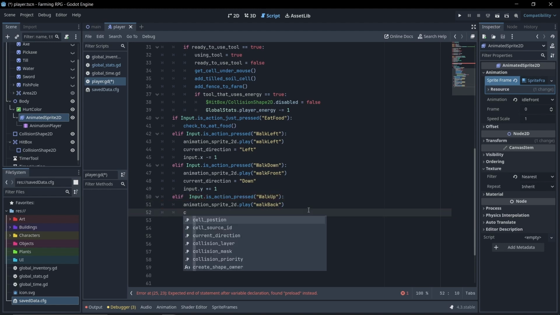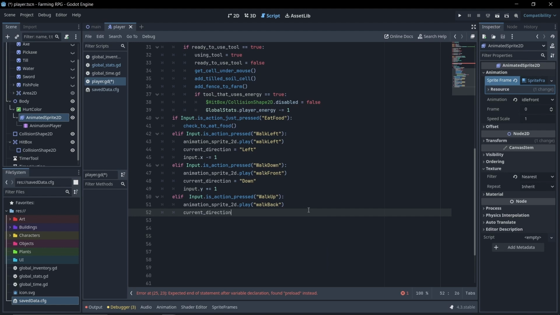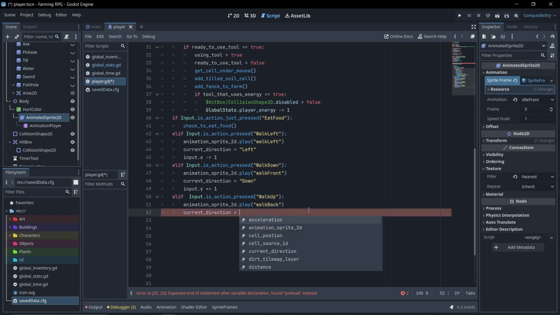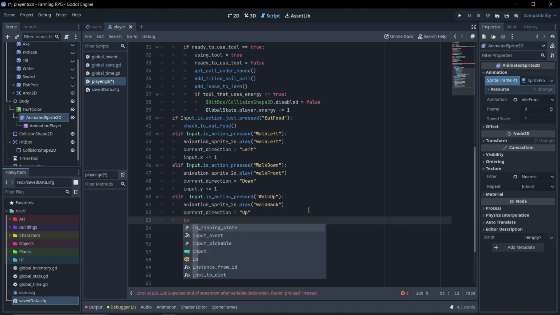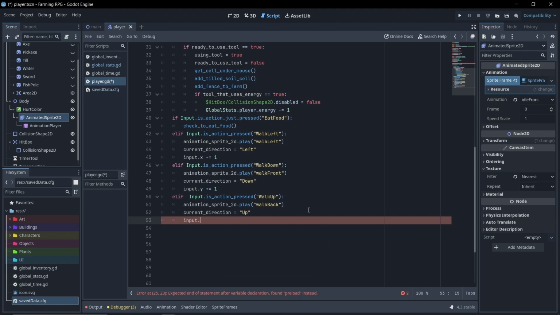And then we're going to do current direction. Equal that to, let's do up for that. Because technically we're walking up. Awesome. And then we are going to need our input. So input dot y. And this one is going to be minus equals 1 this time, okay? Because if you remember, Godot is the opposite for up and down. Perfect. So let's do the last one. That is going to be walk right. So let's go ahead. Elif